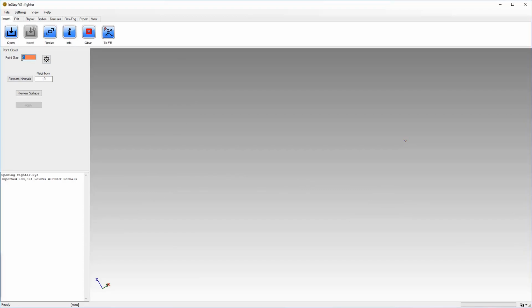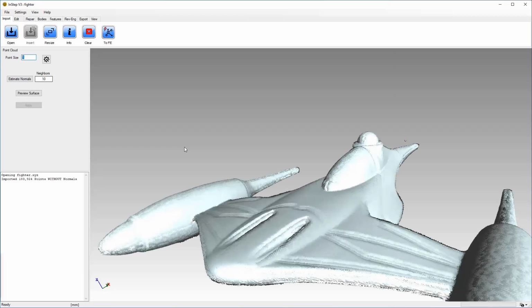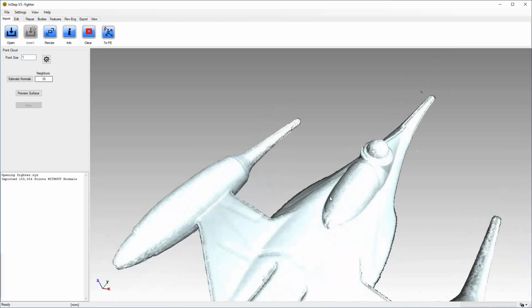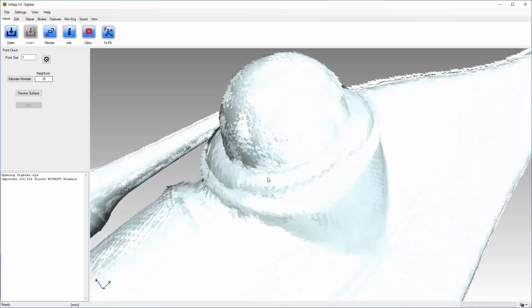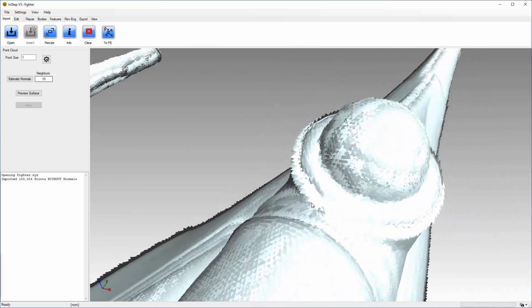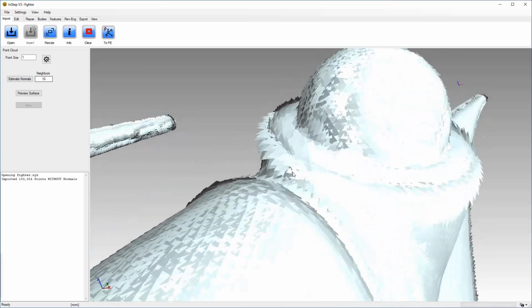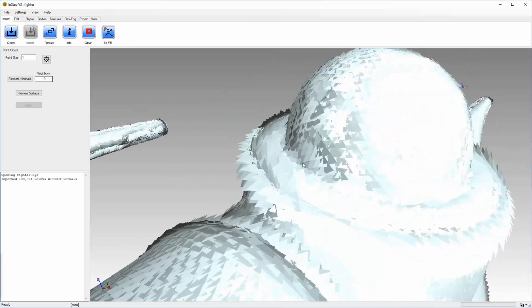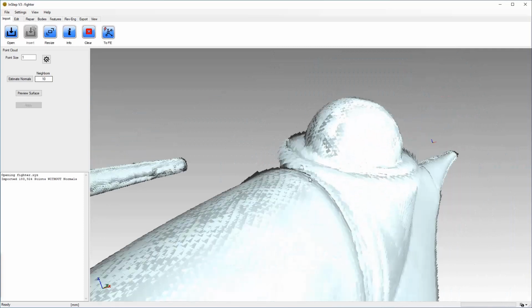We can change the size, and we're just going to set this to 1. And that will prompt the update to run in the background. So once that update completes, we can now see that there's something resembling a surface, but on closer inspection you can just see that these are loose triangles. So this isn't an actual surface, it's just triangles being placed where the points were.